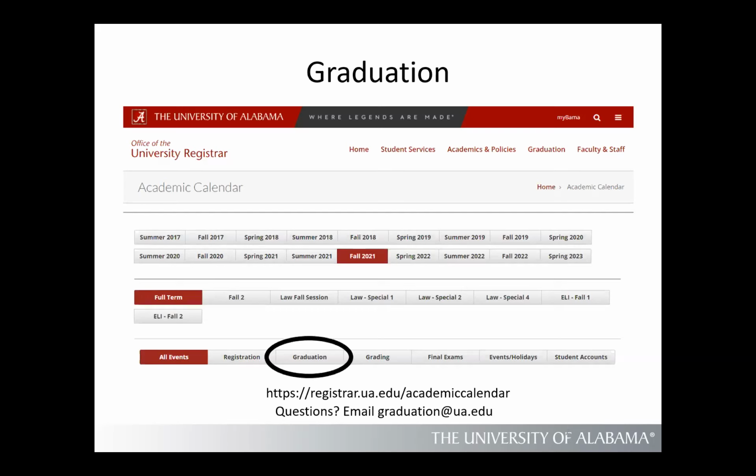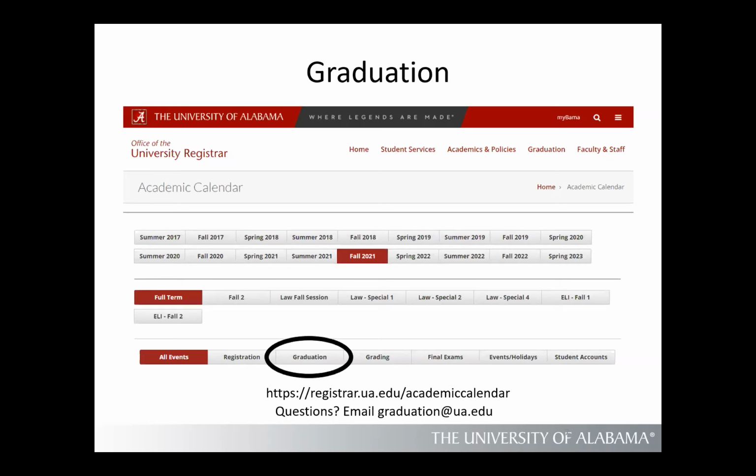As you can see, we have our own area. If you just click on the term, it's going to show everything on the academic calendar for that term. But if you click on where I circled there, the graduation tab, it'll show just important graduation dates. Things like what's the deadline for graduation for each term? When do I need to have my transfer credit in? What's the last day that I can update my name or diploma shipment information, address information? When are they going to sign off on degrees? When are they going to ship my diploma out? All this information can be found here on the academic calendar and then the graduation tab.